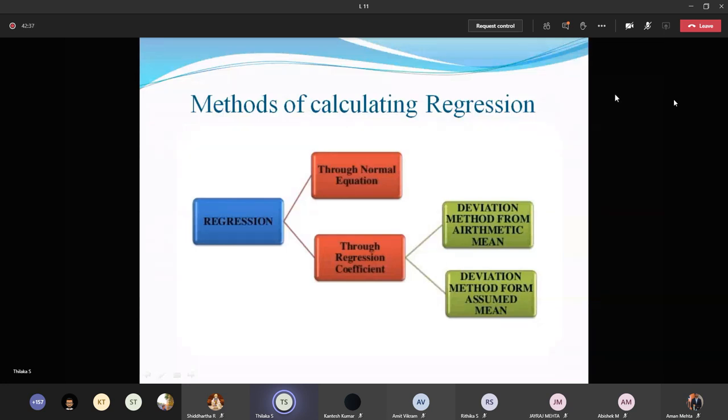The second part of the statistical analysis is the regression analysis. In the regression analysis, we discussed 2 regression lines. One is x on y, the other is y on x. So the dependent and independent variables are interchanged. We have 2 equations and 2 formulas, and you have to bring out the linear relationship between the given variables, x and y. So that's it for the demand forecasting analysis.